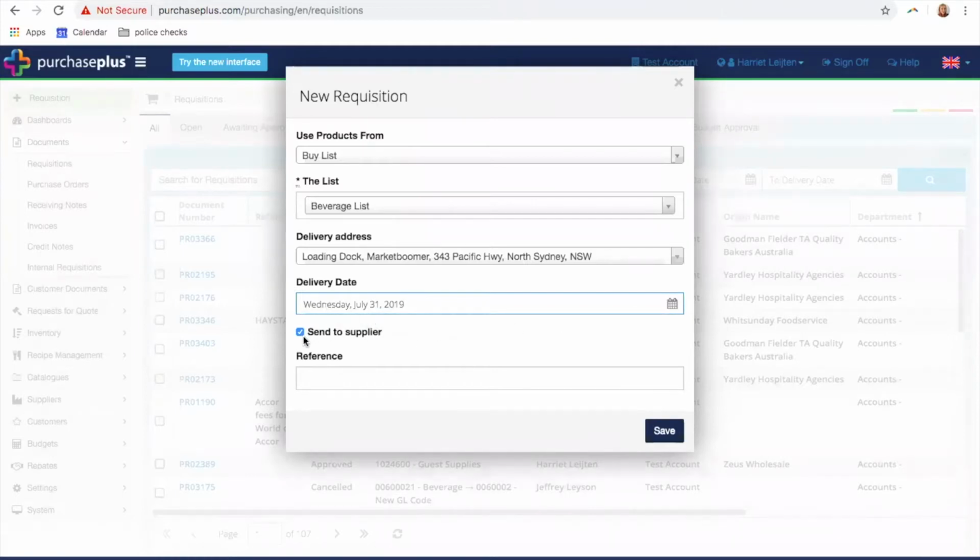Send to supplier. Okay, it does what it says on the tin. This will default to send. This is what dictates whether Purchase Plus sends a purchase order to your supplier. All right. If we untick this, it means a copy of your PO will not be sent. The only reason really that you would probably untick this is if you're doing a retrospective purchase order, for example,